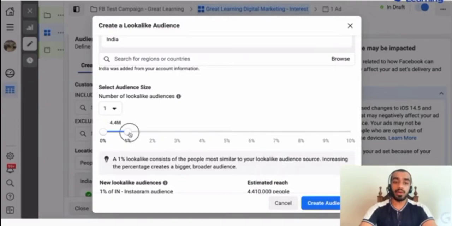If you want to widen the audience base, you can create a lookalike 2%. You can see that this is an 8 million audience. So this is not the core audience. Lookalike 1% is the top cream, that is the closest to your audience. When you broaden it, your audience base increases, but the quality sort of reduces. So you can go up to say 3% in my opinion,